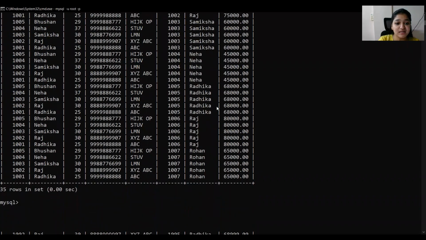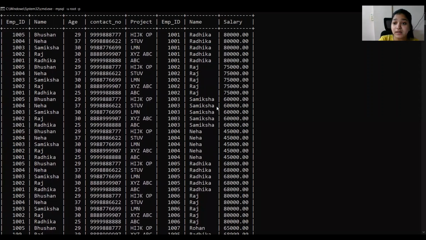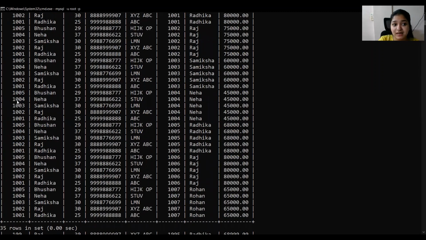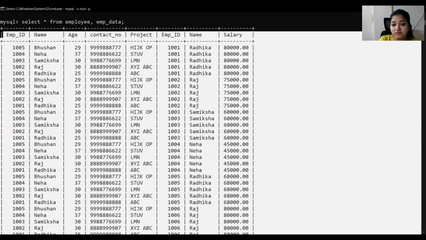As you can see, it shows me 35 rows because our employee table had 5 entries and our employee data has 7 entries. So it makes a Cartesian product of both the tables, and we can see the output over here.